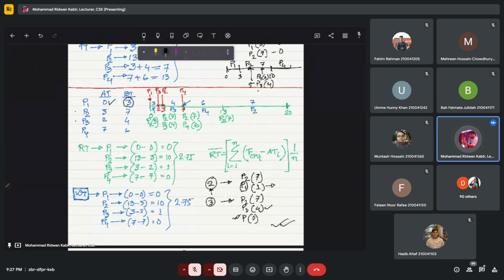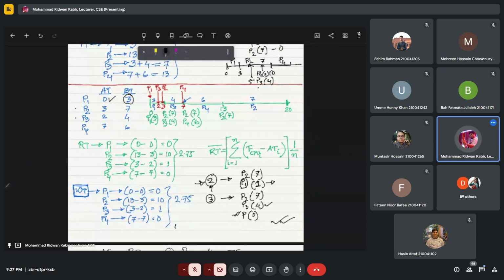So at time 2, when P2 arrived, the burst value for P1 considered was 3 minus 2, which is 1. That means it had only one CPU burst cycle remaining. And what we did every time is we selected the process with the shortest CPU burst, or the shortest remaining CPU burst, right? So that is why the non-preemptive